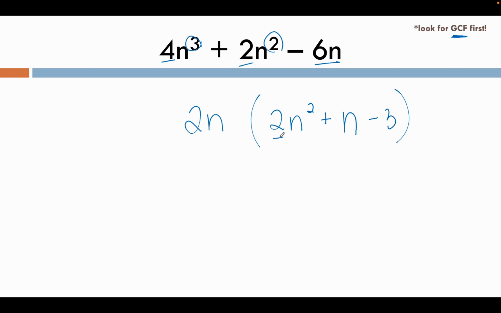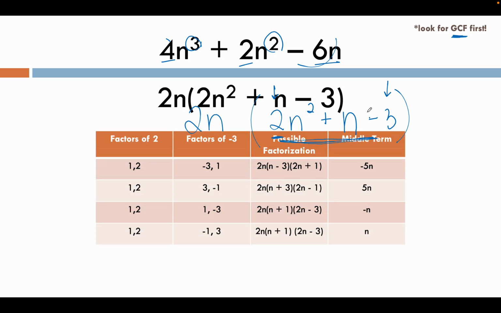And so what I want to factor is this trinomial inside. And so the ones that I want to look for are the factors of 2 and the factors of -3. So rather than doing 4 and -6, we're going to do 2 and -3, which have fewer factors. So that is the reason why we want to look for that greatest common factor first, because doing that reduces the number of factors that we have. So once I factor out that 2n,